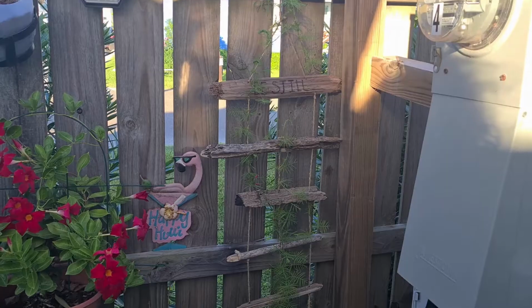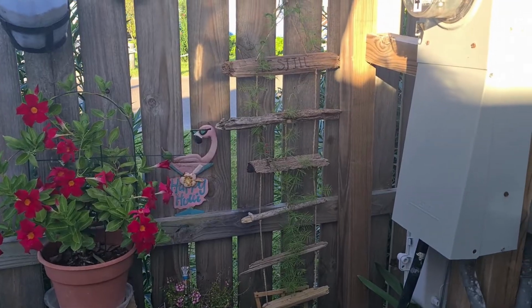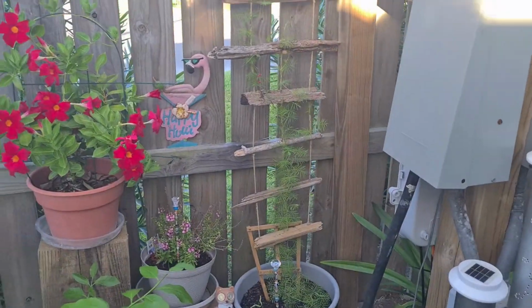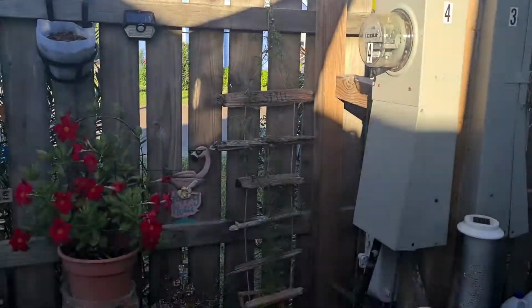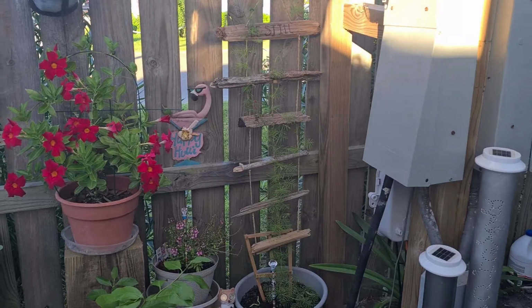And then my last one, I've got to go outside to show you. So I'll be right back. Okay, we're running out of daylight, so it's hard to see. Well, we have daylight, but I have these shades up here that are blocking. This is just